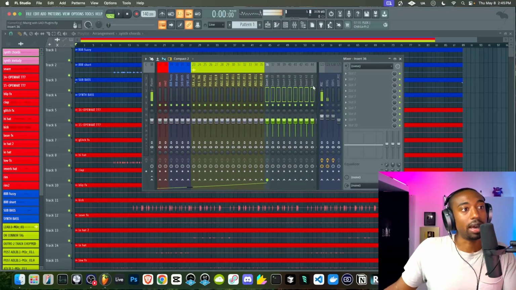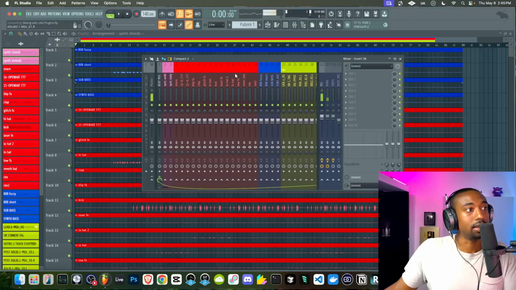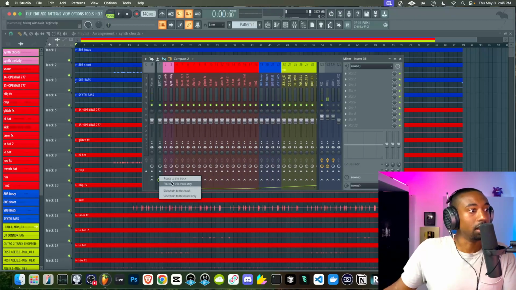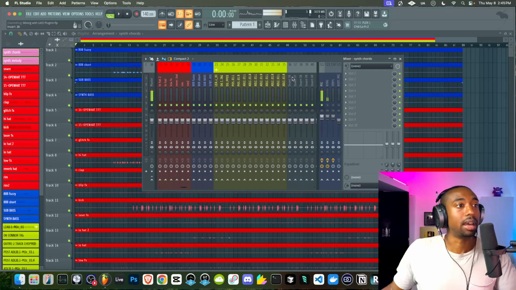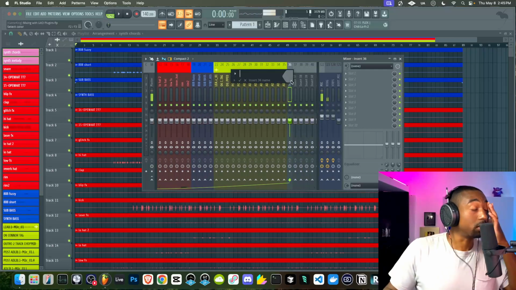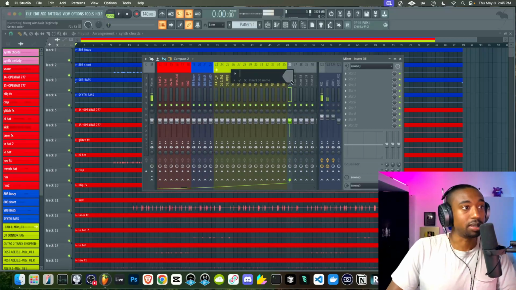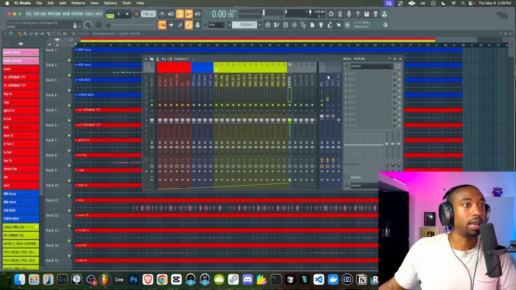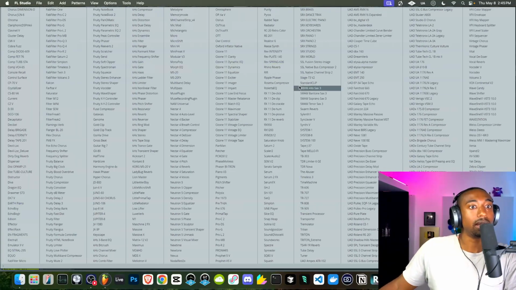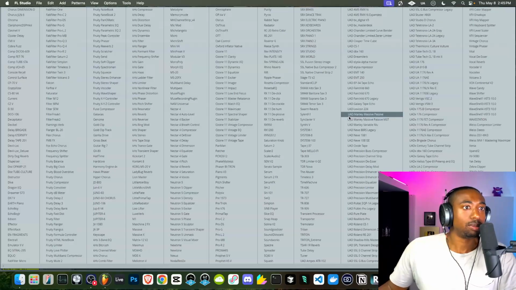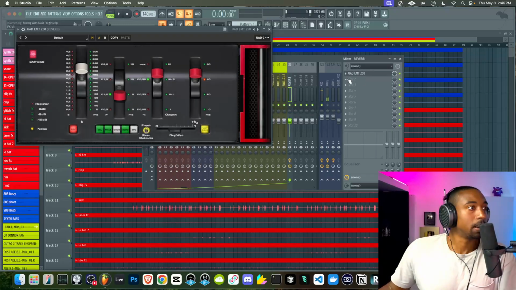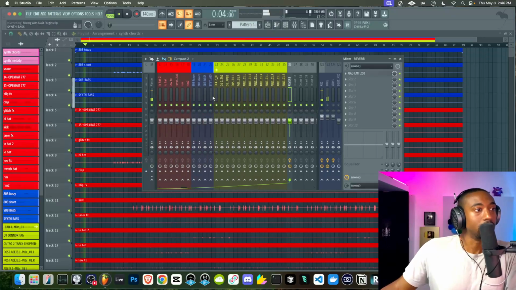So also if I add any effects on new tracks, I'm going to highlight these and route these directly to the same channel there. Because now when I set up a reverb, I want it to go through the entire mix bus. So let's set up a reverb. And this reverb we're going to use from UA is going to be probably the plate. So let's do the EMT 2500 plate. I believe this is plate, right? So it has some chorusing we can add to it to widen out the sound.